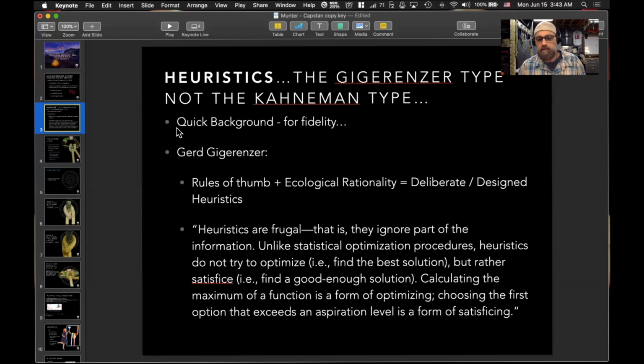Heuristics do not try to optimize or find the best solution. Rather, they try to satisfice, which is a combination of words that a guy named Herbert Simon came up with years ago, and he also won the Nobel. Calculating the maximum of a function is a form of optimizing. Choosing the first option that exceeds an aspiration level is a form of satisficing. So we are never going to be so exact that we can sit there and put equations to anything we